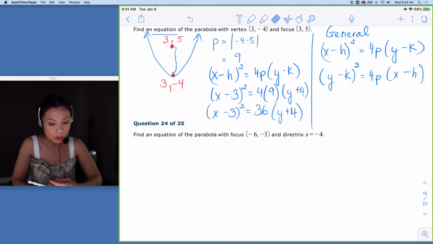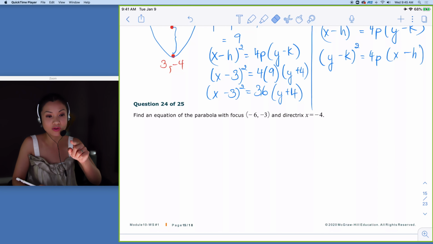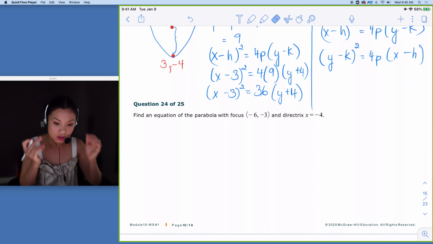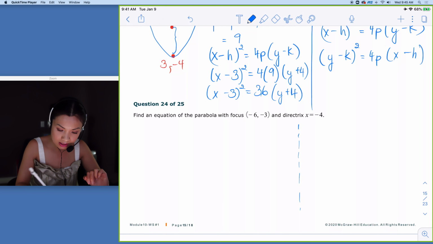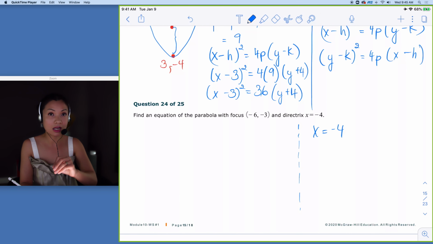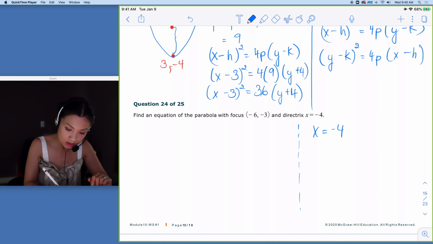Let's take a look at number 24. So number 24 gives you the focus and the directrix. You don't have the vertex. However, you know that the vertex is going to be in between the focus and the directrix. In fact, it's the same distance, right? So first, let's just locate everything. Now, if I put the directrix right here, this is x equals negative 4. Now, you see the focus is negative 6, negative 3. So it's going to be to the left of the directrix. So it's going to be right here,